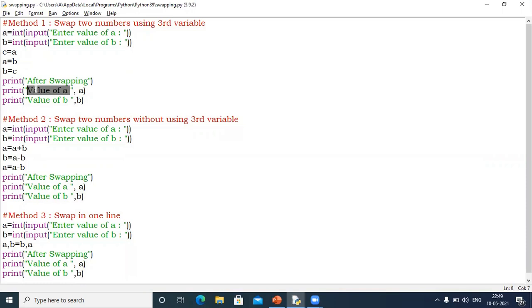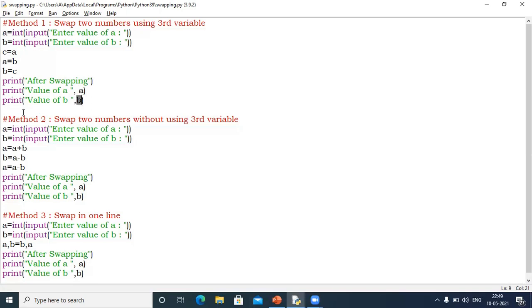If you write something inside double inverted commas, it will display as it is. And this A, I'm writing without any inverted commas, so it means I can display the latest value of A after swapping. In the same way, I'm going to display the value of B. This message will display along with the value of B.